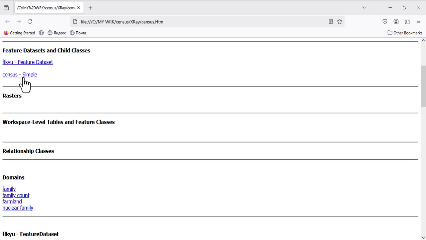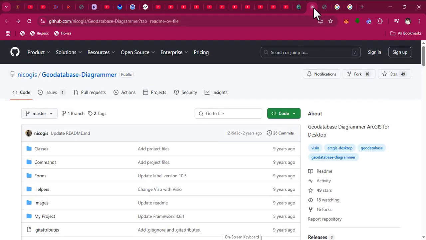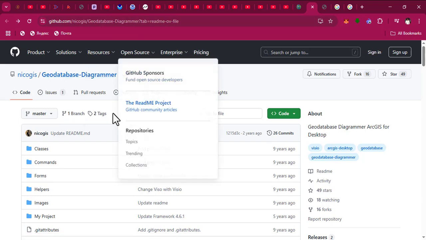All right. So this is the first tool. So let's go back. The second tool is database diagrammer. So I will leave the link down below the